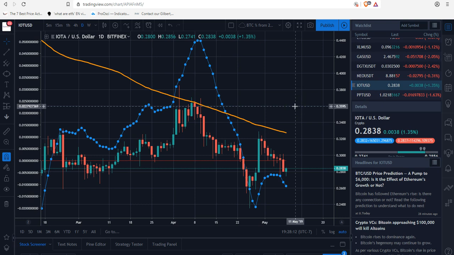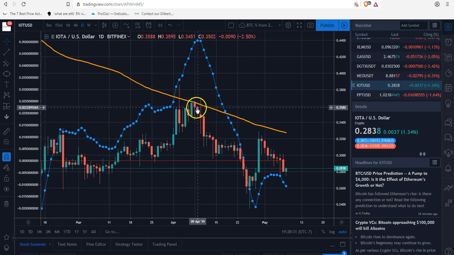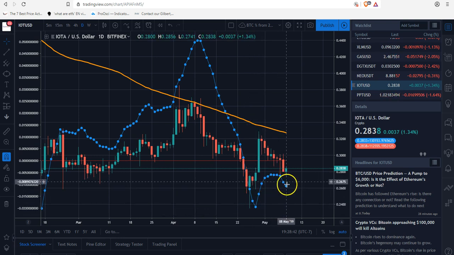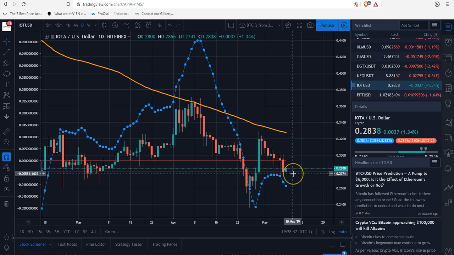IOTA came out with some good news about Jaguar, and there's not really as much of a divergence here in terms of a negative divergence. You can see oscillator was moving up. Price, this whole entire move here, the oscillator was above price, and then price started to decline. It's pulling the oscillator down in this case. Oscillator bottoms, price bottoms. We have a move to the upside. It rolled over, and now we still have a higher low in the oscillator. We have a higher low in price. So there's no divergence here, and that's the big point, is that